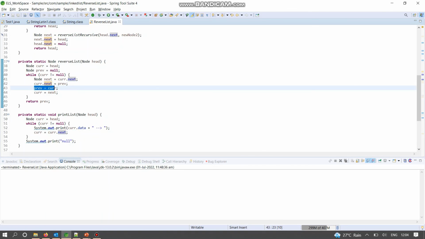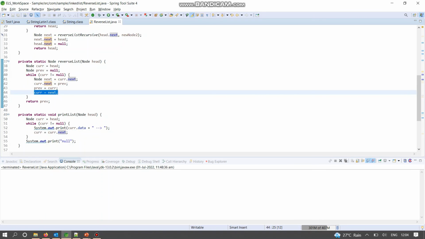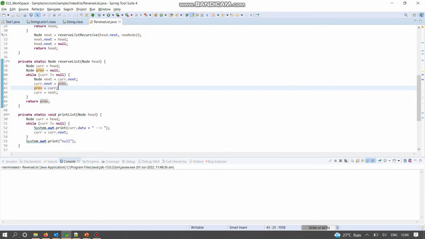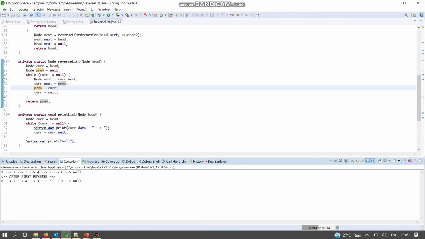So here previous is now pointing to current and current has moved to next. At the end our new head will be previous because we have reached the end of the linked list. So I will just run this code and see if it works. So yeah, as you can see here, that was the first linked list, and after reversing the linked list, this is the new linked list.